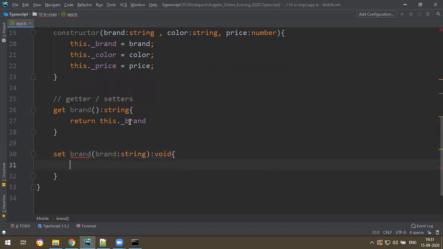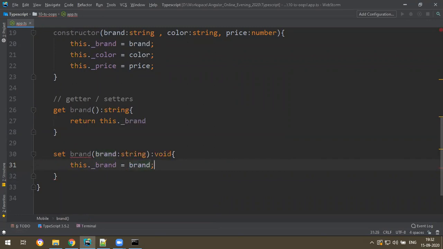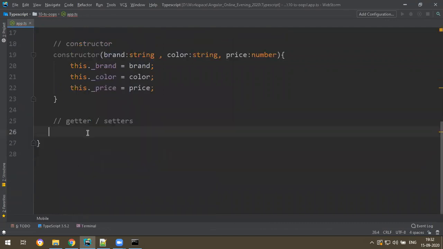Then this dot underscore brand is equal to brand. The problem is both have the same name, and the access returns the same annotation. Okay, let me generate it dynamically.